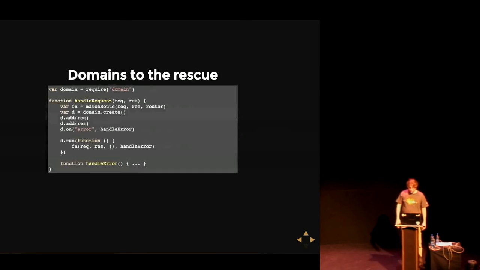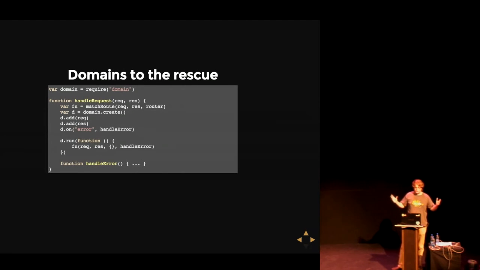Now, to use them, you go to wherever in your application your server or your router is, wherever you're calling your route handler, and you write a little bit of code: create a domain, add an error listener, and then run your route handler within the domain.